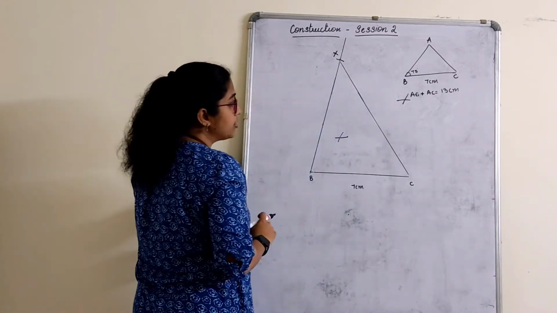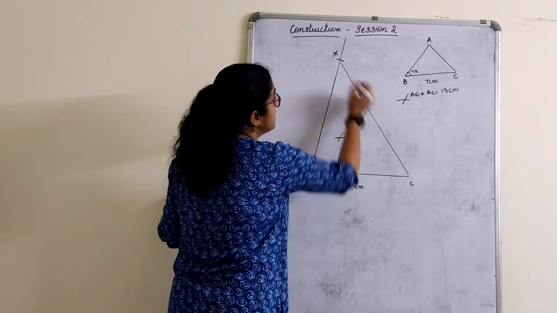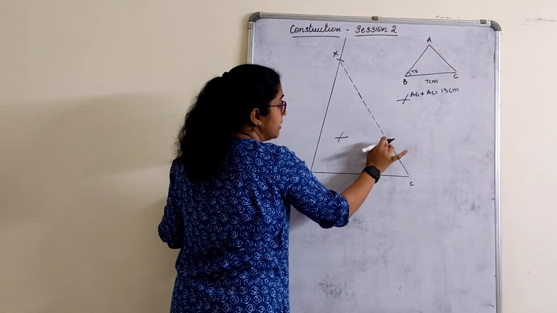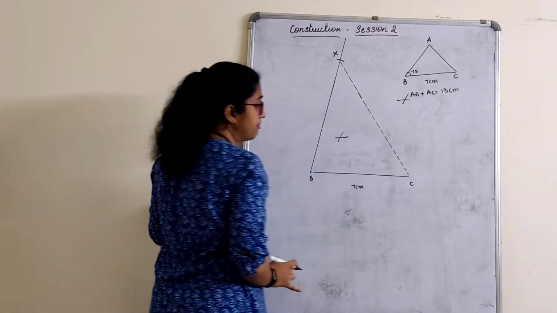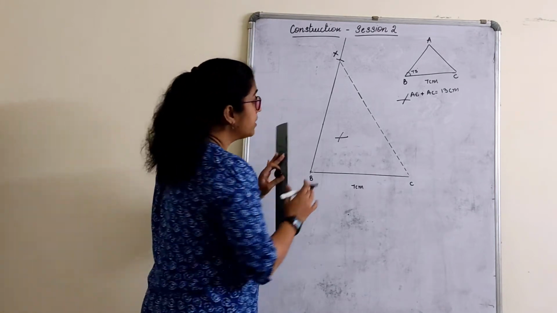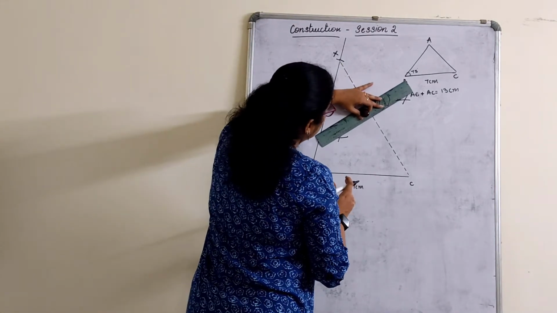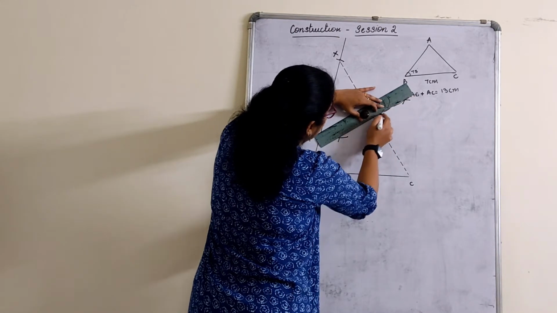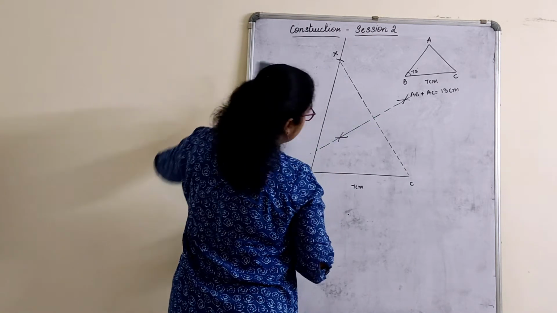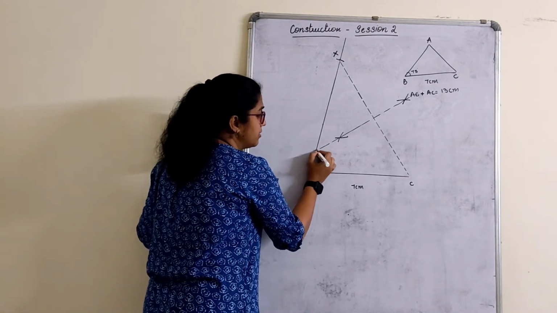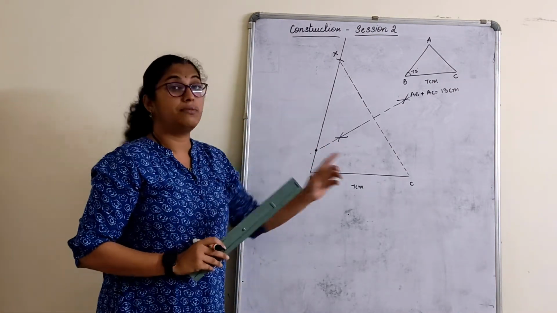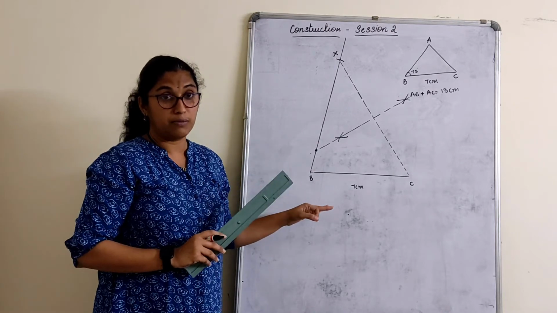Okay. Now what bisection I have done, I will just join with a dotted line. Also, this CX line that you have drawn, this is not the original triangle line, correct? So let us draw this also by a dotted line. That is not an original triangle. Let us consider that by a dotted line only. The perpendicular bisector, also we will draw by a dotted line. Make sure that the perpendicular bisector will actually cut on this line segment. Don't go with my construction, the measurements will not be accurate for what I do on the board.